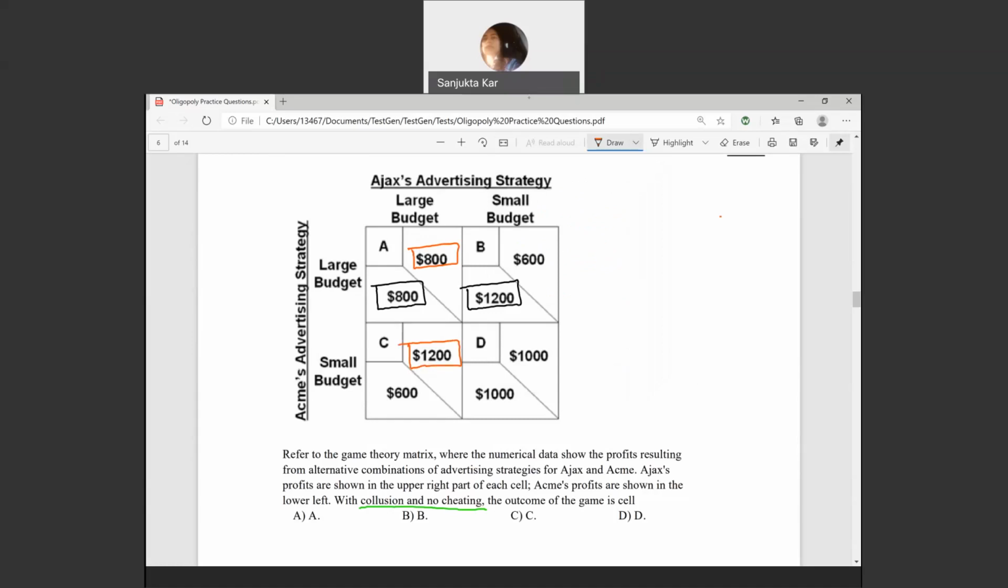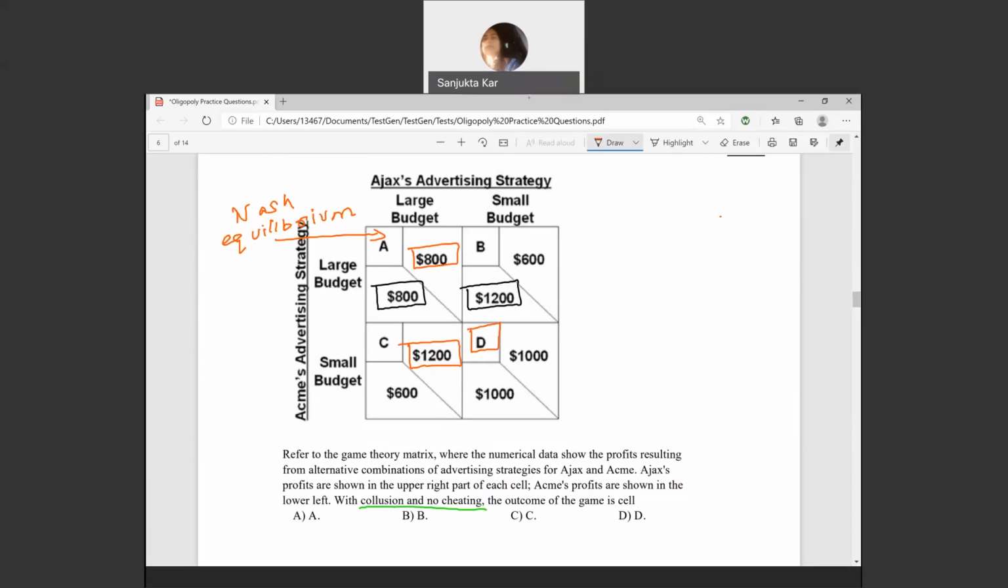So I'm just showing you, in these ones, first of all, I'm trying to find out the Nash equilibrium, and then I'm trying to find out the outcome with collusion. That means if these two oligopolists are colluding, trying to behave as a monopoly, what will be the outcome of this cell? You can do it even without finding the Nash equilibrium. I just want to show you that